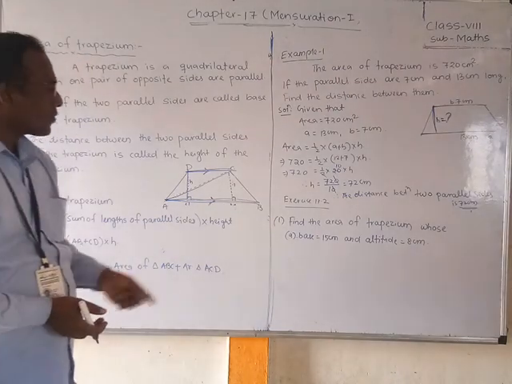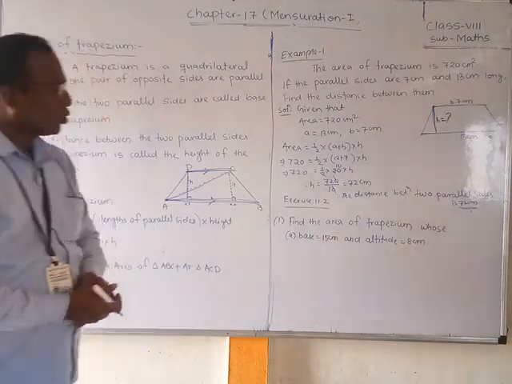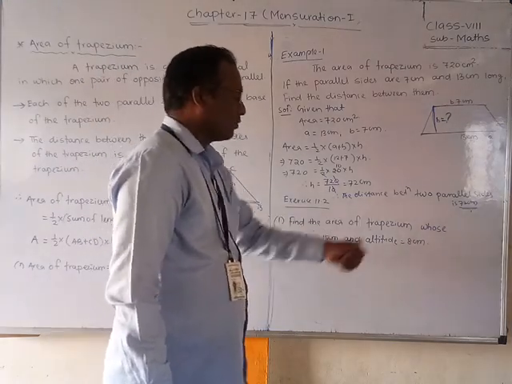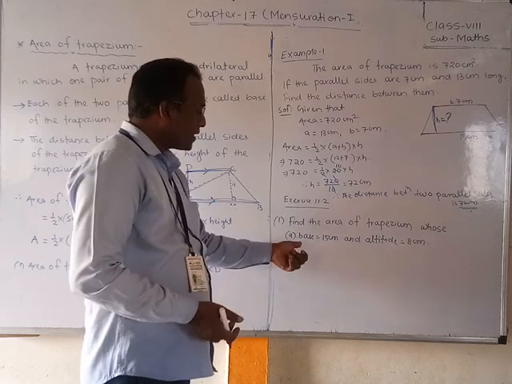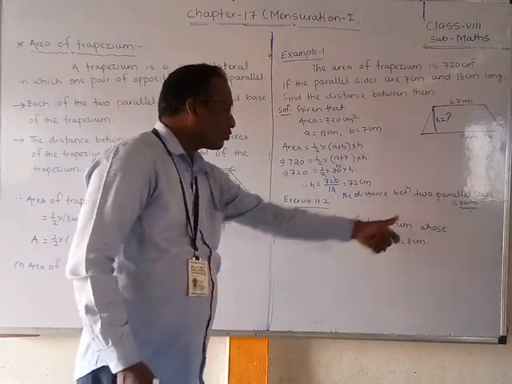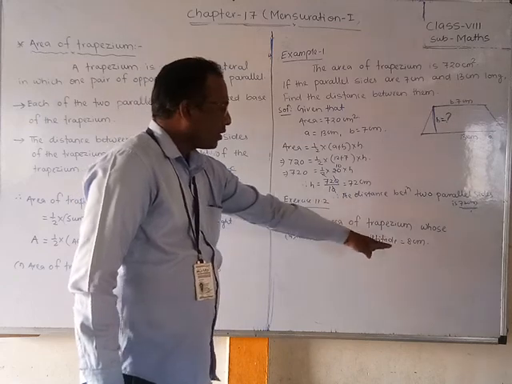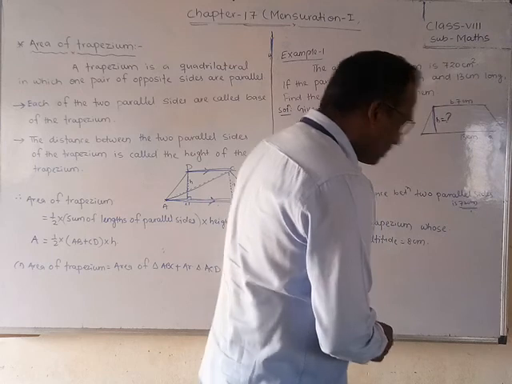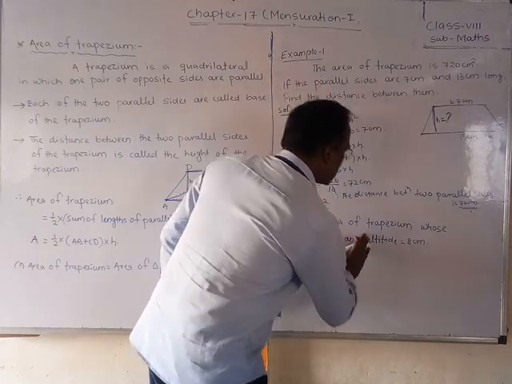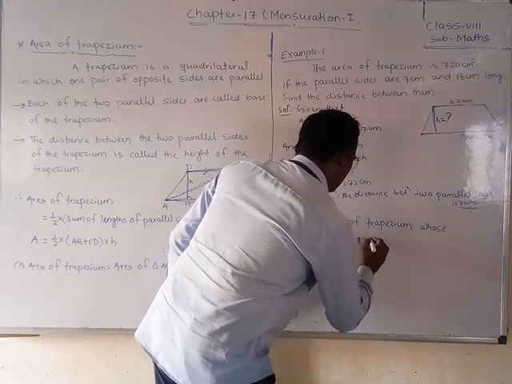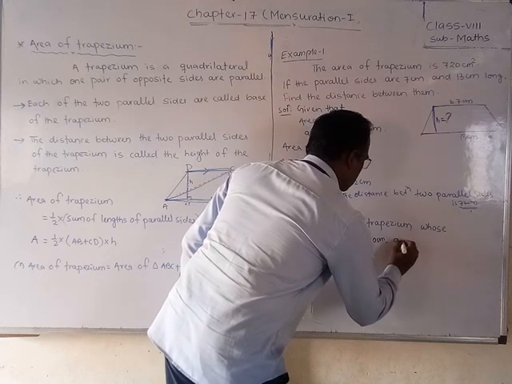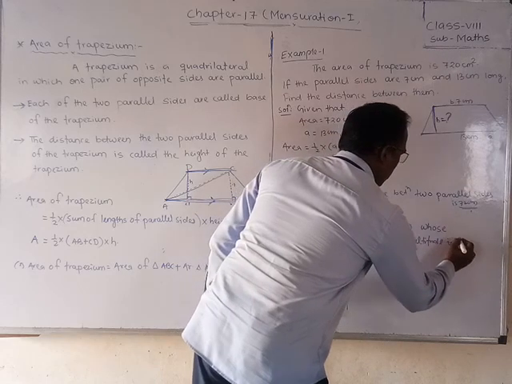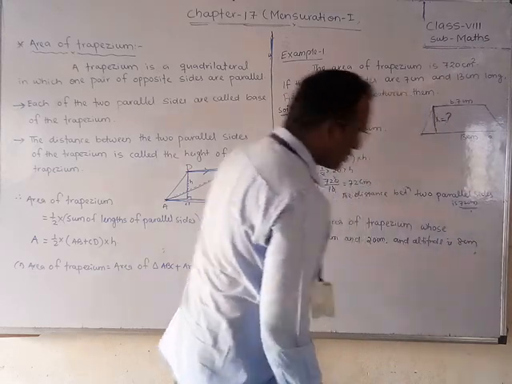Okay friends. Now exercise 17.2 we have to do. The question, first of all read it, students. First question, find the area of the trapezium. The area of the trapezium we have to find out. Base is given as how much? 15 centimeter. And altitude is how much given? 8 centimeter. Yes. So base 15 centimeter and another base, we need two bases, students, is 20 centimeter and altitude is 8 centimeter.